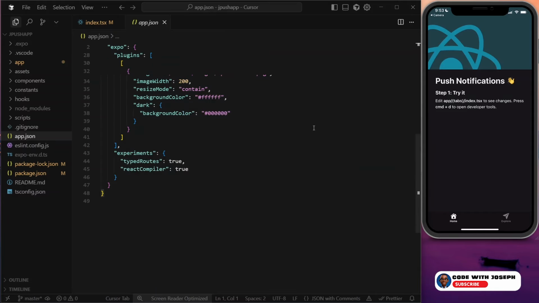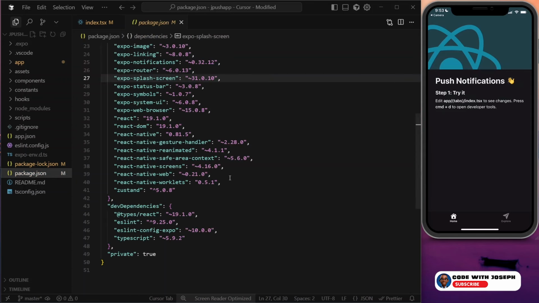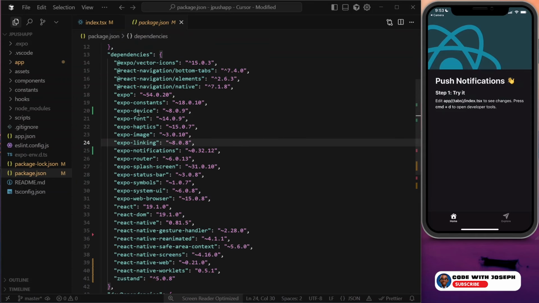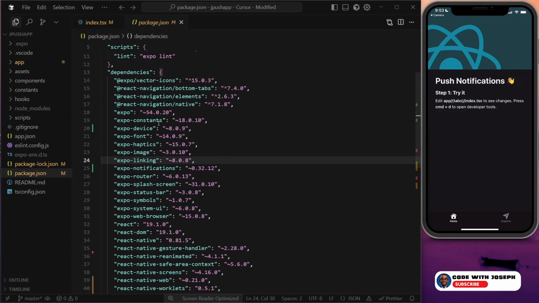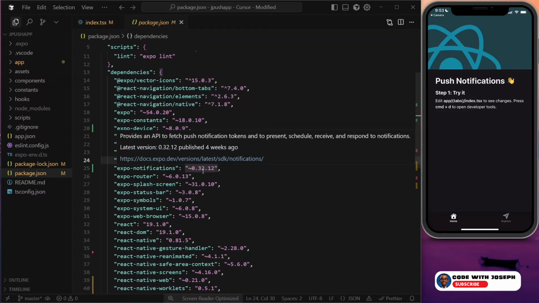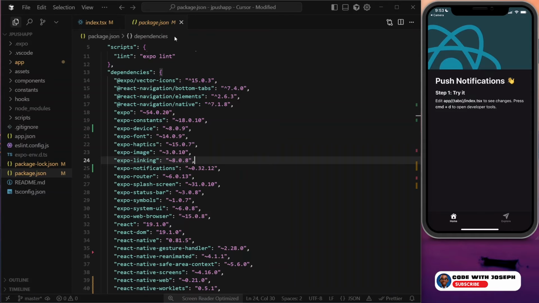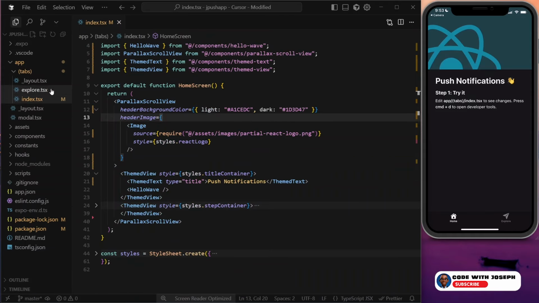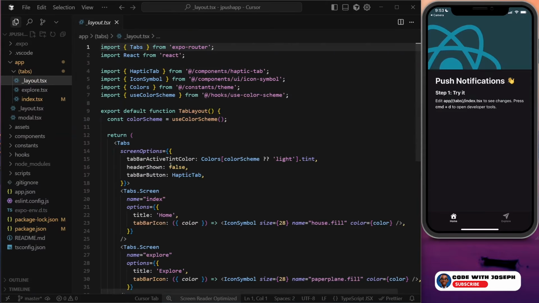And if you just close this and head to your package.json, you're going to see expo-device, expo-constants, and expo-notifications, right? So these are some of the packages that we need for our app to work properly with these Expo push notifications. All right. So to get started, the first thing we are going to do is, if you head to your layout, right,